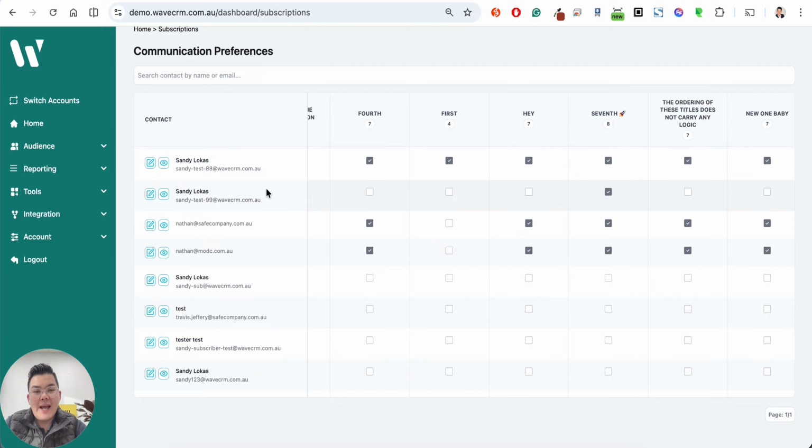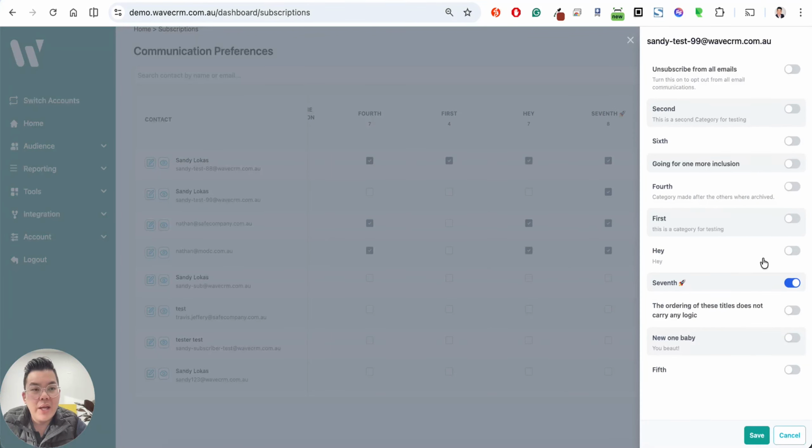So some of the use cases, if they do call you up and say, can you please change my subscription? I don't have a computer. I cannot do it myself, even though you tell them, please go and do it from the email preference link. You can always help them through the admin portal. And the way you do so is by clicking this little edit button. It will then pop up their email address and what you can do to their subscription,